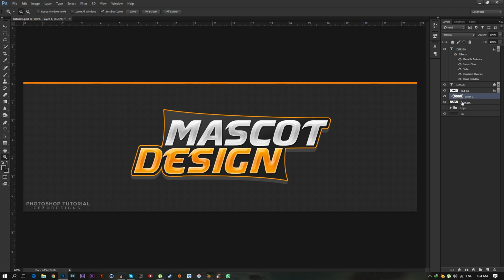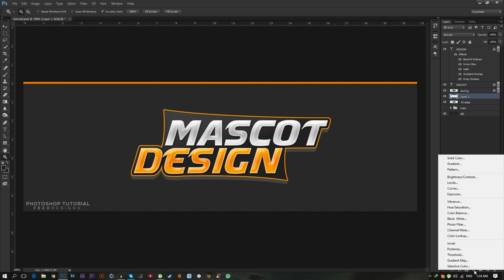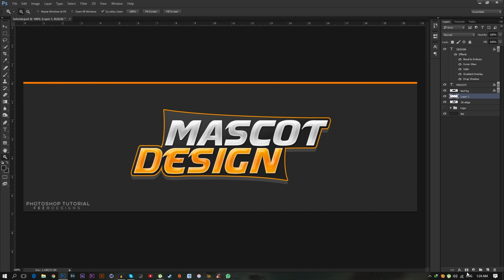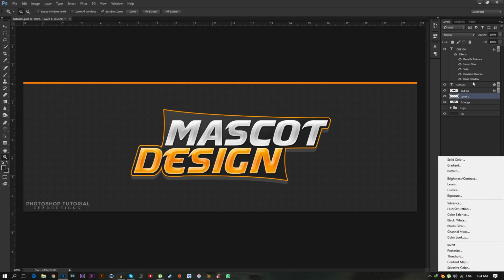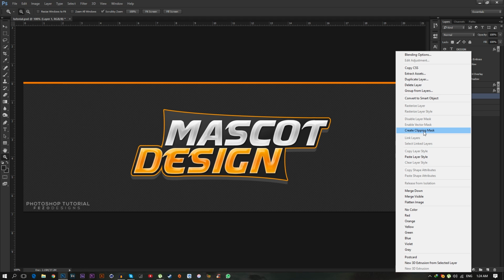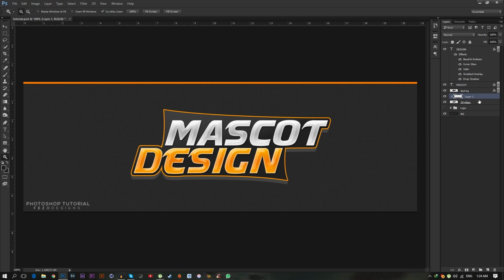Just click on it, or if you can't, just right click on this layer 1 and click create clipping mask, just like that. And selecting your layer 1, I'm going to name it white light effect,